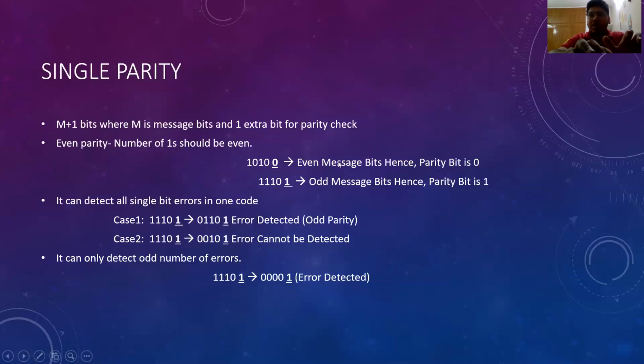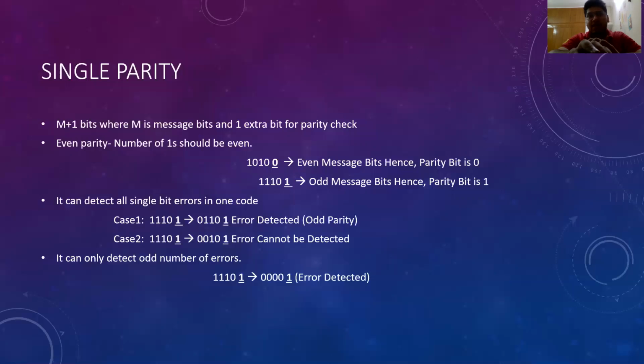All right. So when the receiver receives the message, it checks if the message is even or not. Yes, the message is even. The parity bit is 0. And why did we put 0 here? Because the message was already even, so there is no need to make the message even, and no need to add a 1 here. That is why we put a 0 here, and when the receiver receives this message, it checks for the even parity, and yes, there is an even parity. So it means there is no error in it.